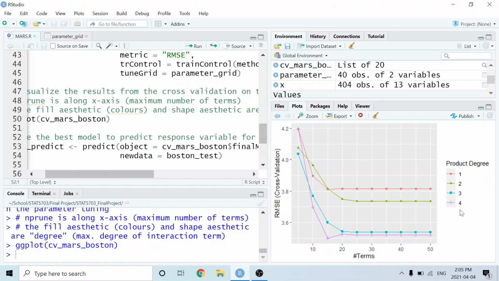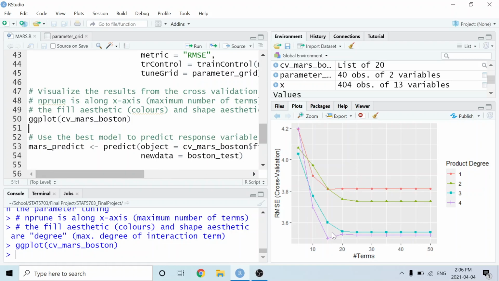So it doesn't necessarily mean that all of the fourth order interaction terms are included, but it just means that interaction terms that were second degree, third degree, or fourth degree could have been included in that model. Compare this to degree equals 1, where we allow for no interaction terms at all. So when we allow for absolutely no interaction terms, we get a much higher root mean squared error in general.